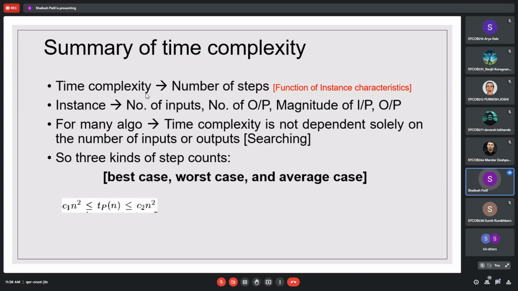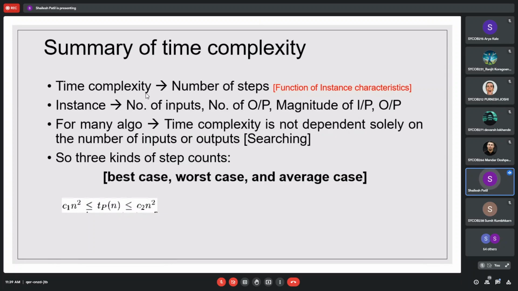But again, we have seen that the number of steps depends on the number of inputs. Suppose we have a program where we have 5 elements in an array, and we have to put an element at the first position, so we need to do 5 right shifts. So the complexity of that program will be 5 only. So it's very less, and we can say it's not that considerable.